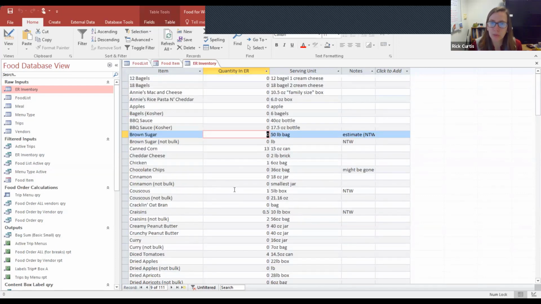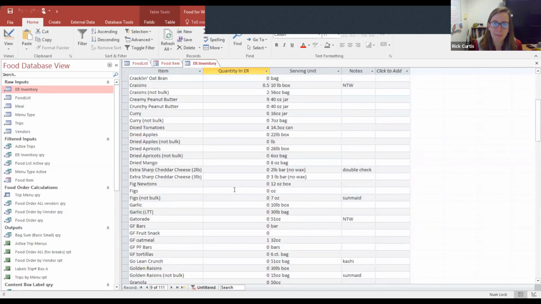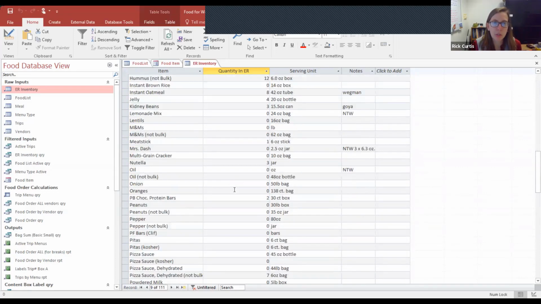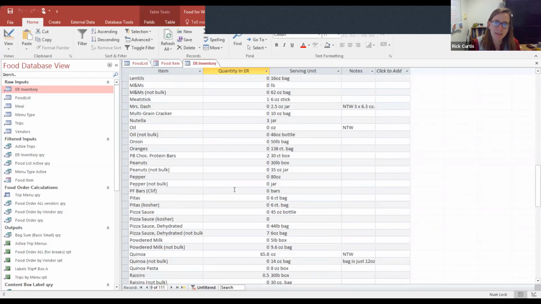And we just kind of go through this manually. I hand our equipment room staff this spreadsheet, and they update the numbers. So we make sure that that is up to date. So kind of simultaneously to running the